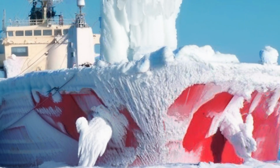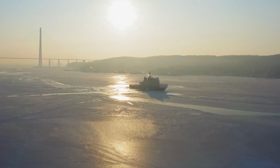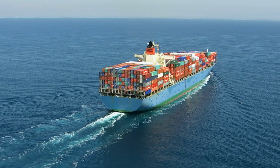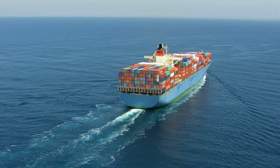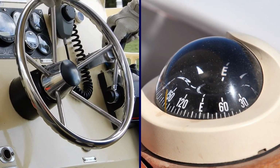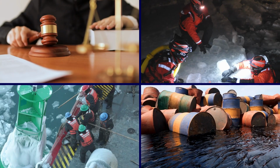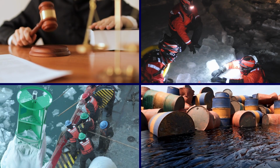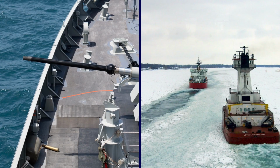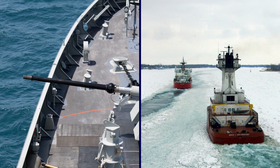The USCGC Mackinac's primary mission is to maintain icebreaking capability on the Great Lakes to help keep channels and harbors open for navigation and commerce. The ship also performs other important tasks like aids to navigation, law enforcement, search and rescue, environmental response, and even oil spill recovery. It's equipped with multiple sensors, communication systems, weapons, and small boats to help it carry out these